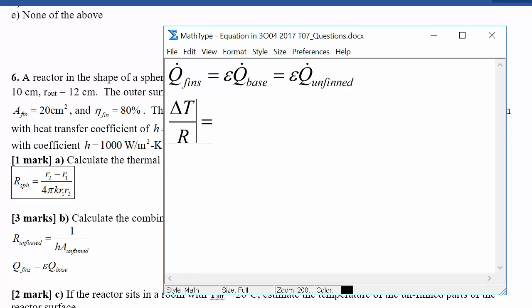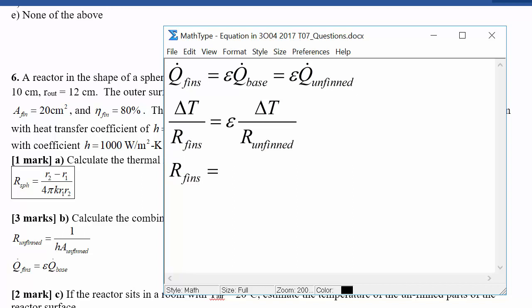And that over here would tell you it's delta T over R unfinned, and we figured out R unfinned, so that's good. So this means that by rearranging things, we've got that the resistance of the fins should be equal to the resistance of the unfinned parts